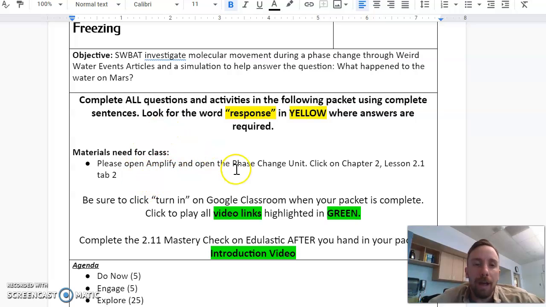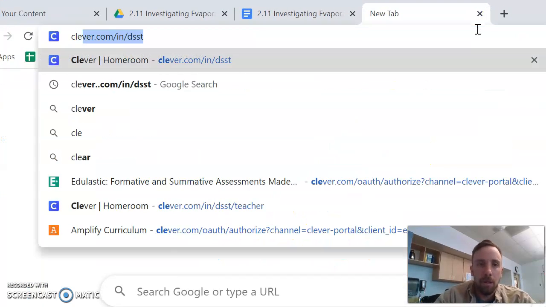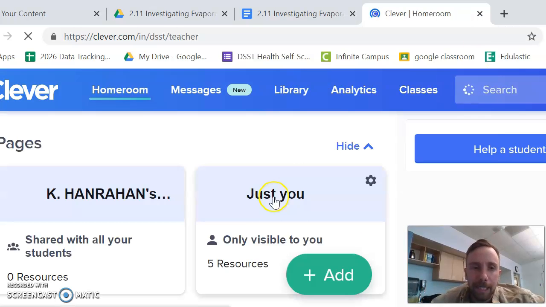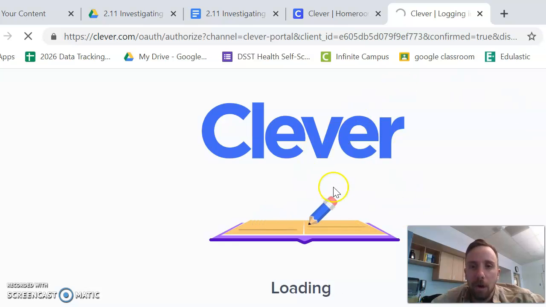You are going to have to open Amplify again today, so please head to clever.com/in DSST. Scroll down and click on the Amplify logo, the orange one.